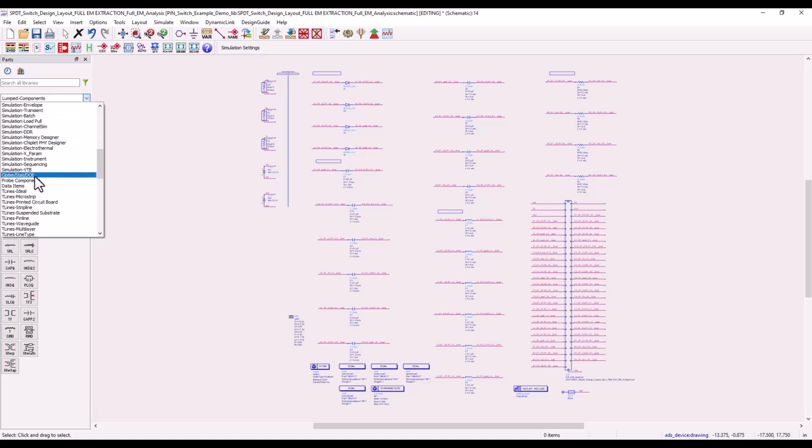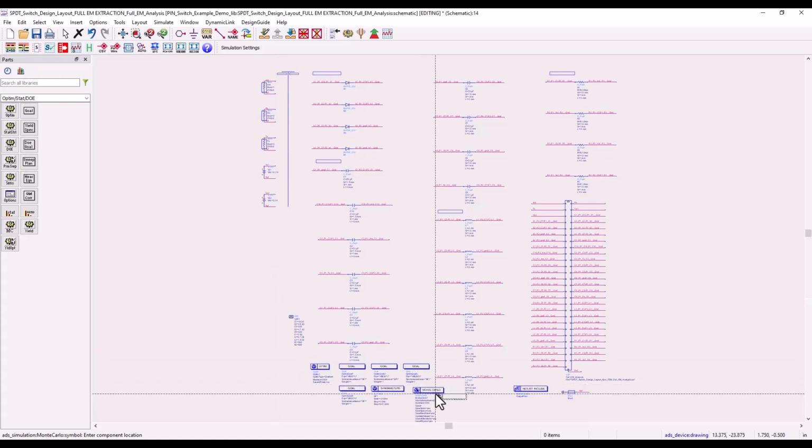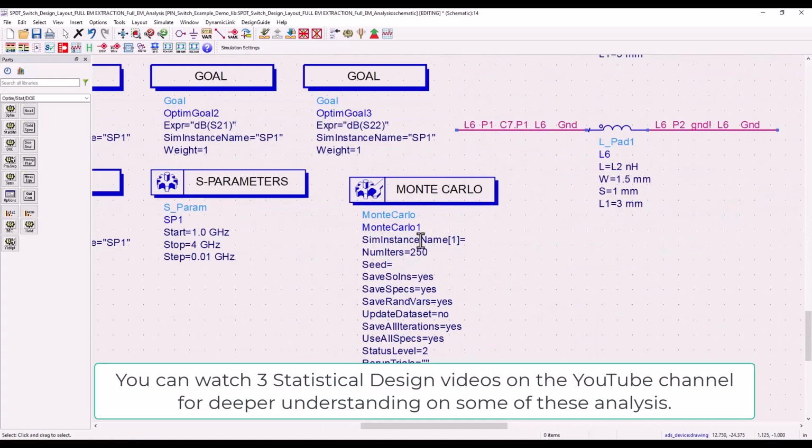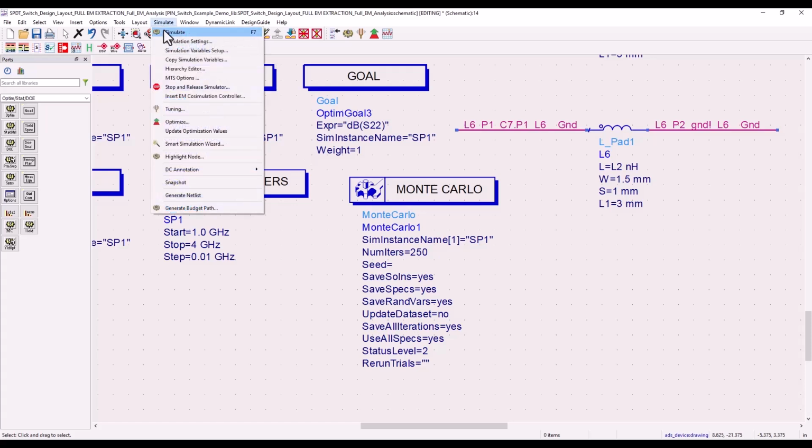But before we fabricate the PCB, we can go to the OptimStat DOE palette, where you have a lot of different types of statistical analysis. And in this video, I'm only going to explain Monte Carlo. So the setup is quite simple. We just need to put our simulator name in double quotes. In this case it is SP1, which is the name of our S-parameter simulator. We can choose the number of iterations, and we will save all iterations so that we can see the overall